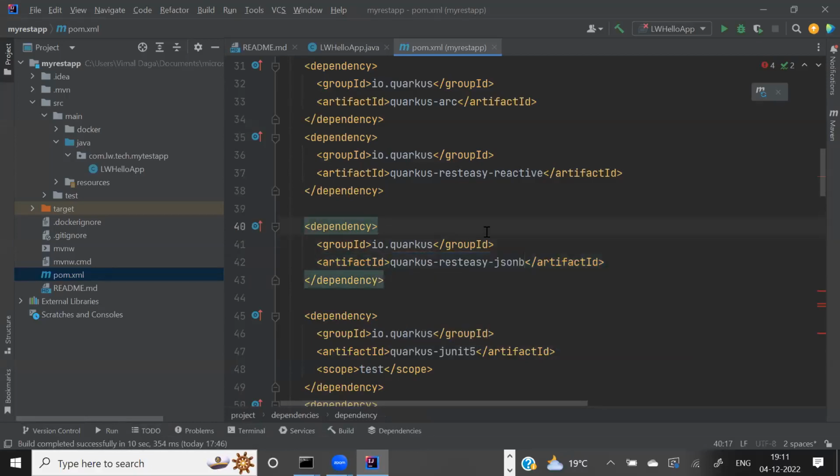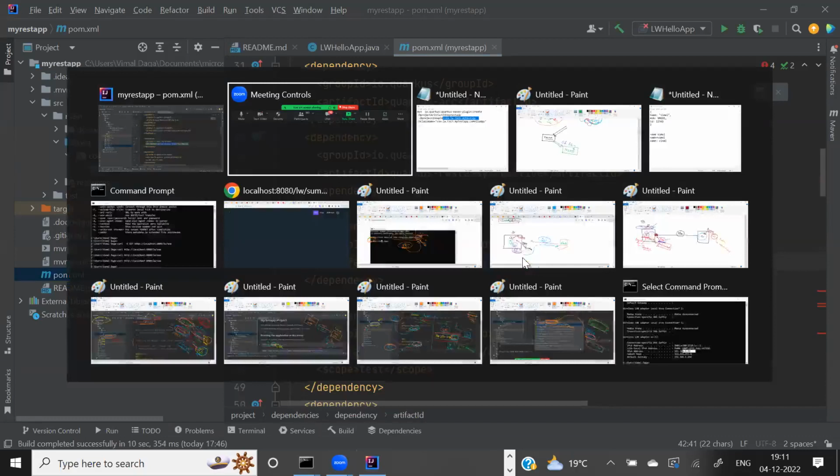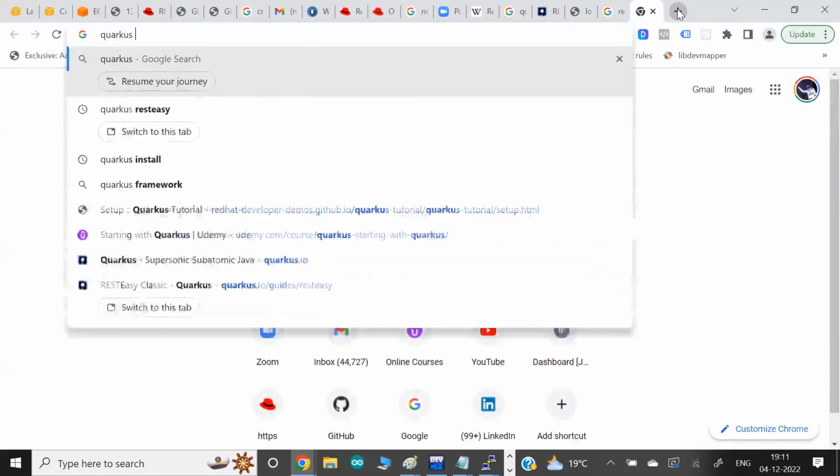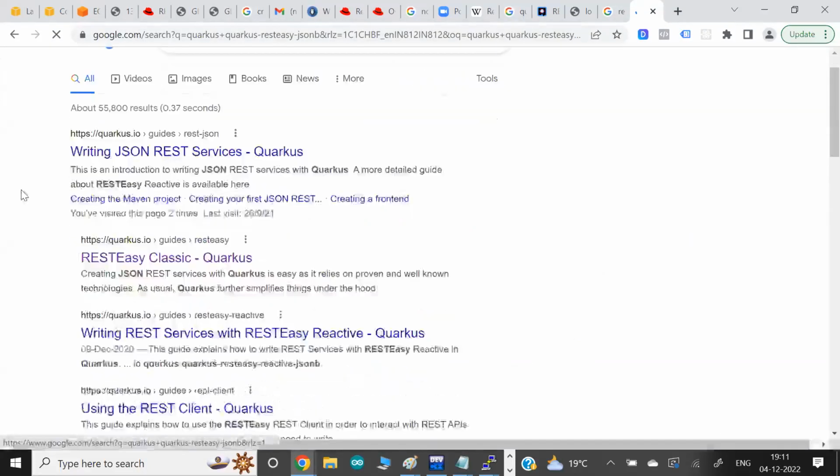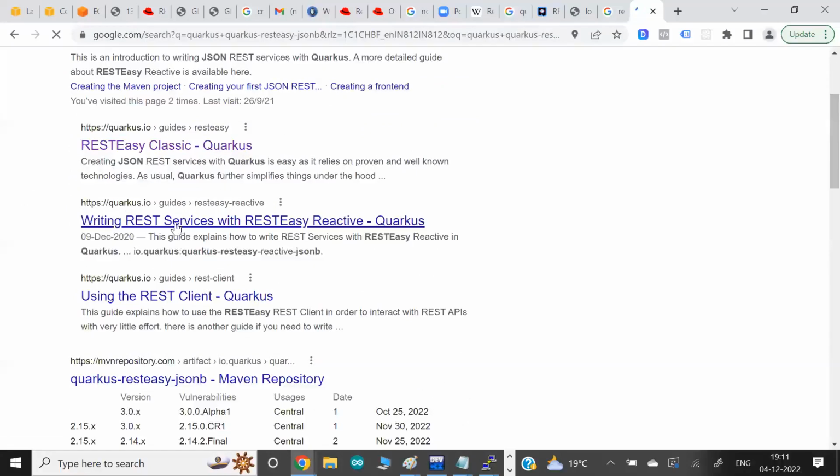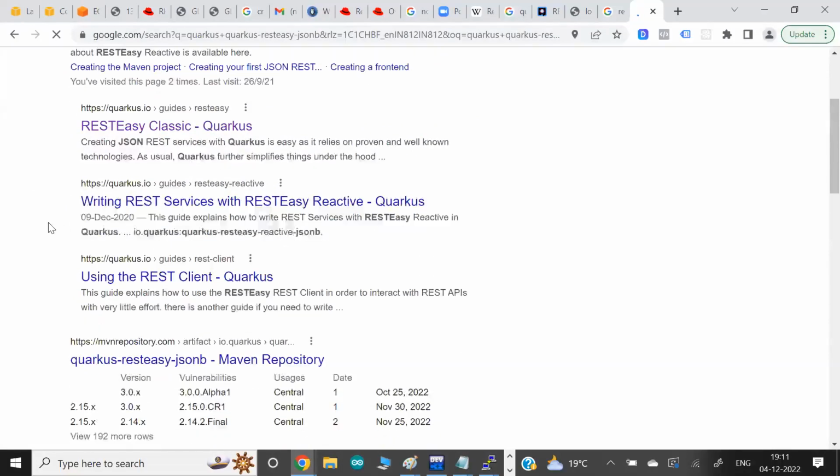Even though you don't have to memorize it, you just copy this name, or maybe search in Google that I want Quarkus REST-EG JSON B as a library name, something like this.